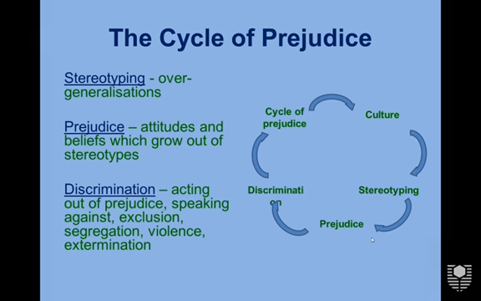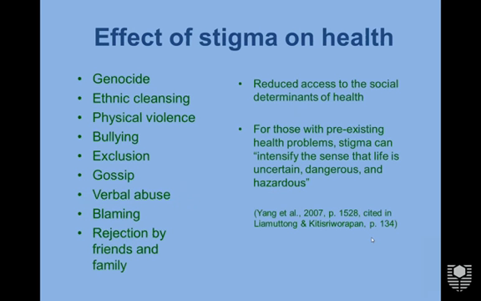Often stigma and the discrimination resulting from it is created and perpetuated by the dominant group in society in order to reinforce its own values, attitudes, and social norms. The victims, of course, are those who are said to be different, who do not conform to the notions of right behavior as defined by the dominant social group. What is the effect of stigma on health? Well, at its extreme form, it's genocide. People decide that another group of people is so unacceptable, so low, in fact, sometimes so unhuman, that the only way to deal with it is to get rid of them.